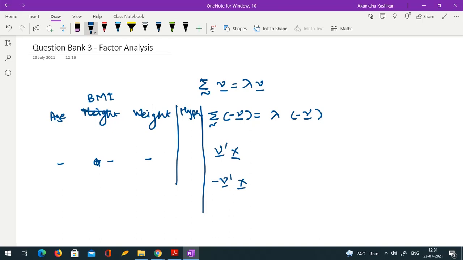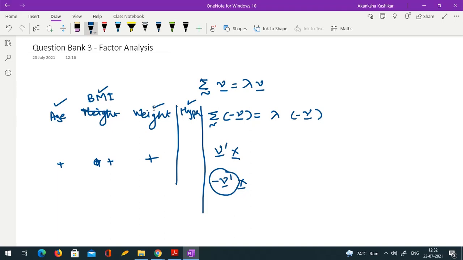So if all the coefficients are negative, then a lower value of PC1 would mean a higher value of age, BMI, weight, and that would mean a higher probability of getting hypertension. For interpretation it may be slightly clumsy to say that a lower value of PC1 would mean higher probability of hypertension. So you may want to consider minus ν prime in such cases, so that higher scores on the first PC would mean a higher probability of hypertension. So you can say that higher scores on PC1 are directly related to the probability of getting hypertension.